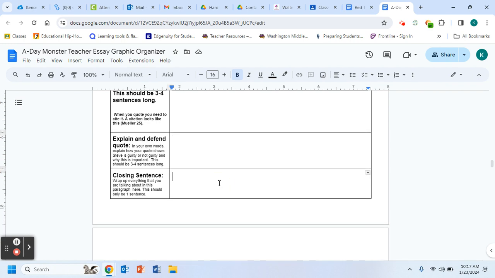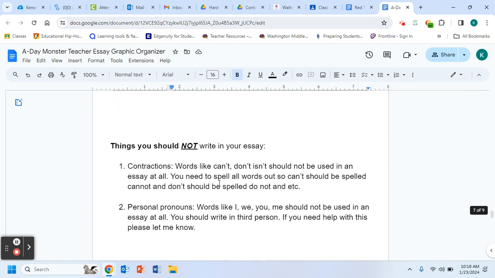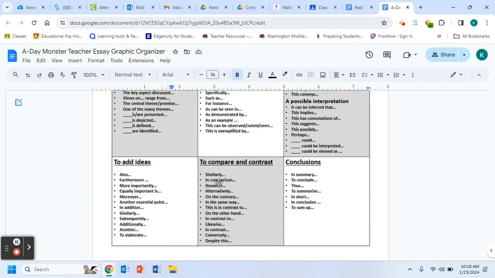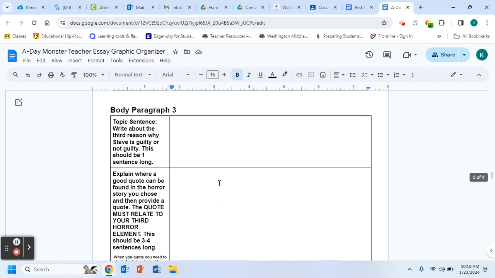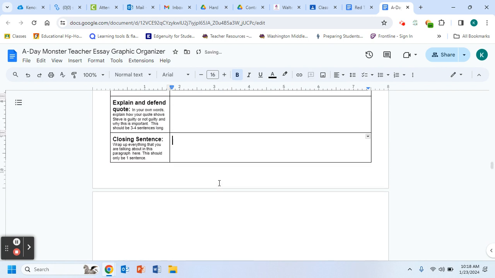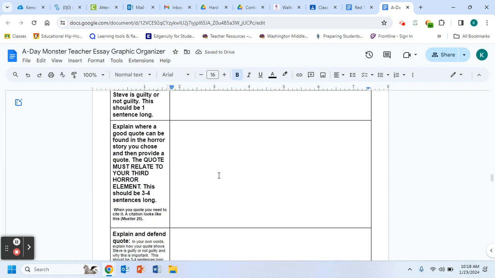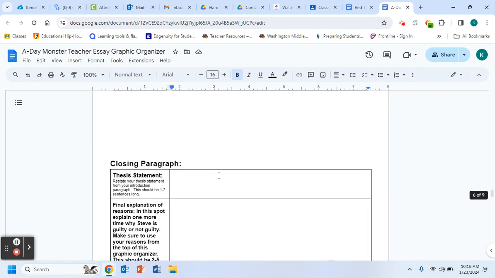And then at the very end, I'm going to use another thing here. So it would be sum up. Okay. After that, I'm not going to do body paragraph 3. You should know how to do body paragraph 3 at this point. It's the same as the first two. And then